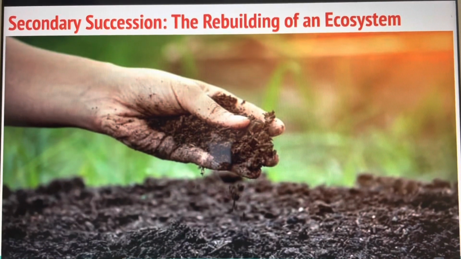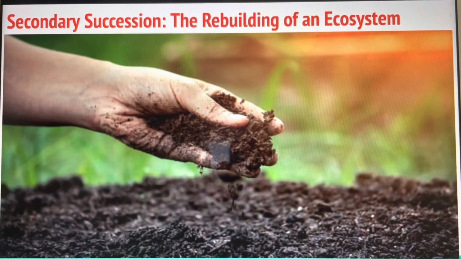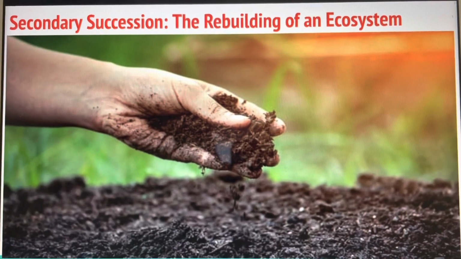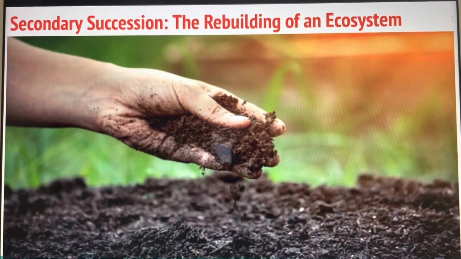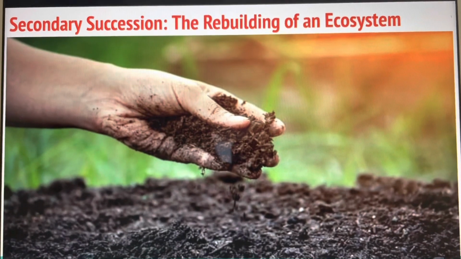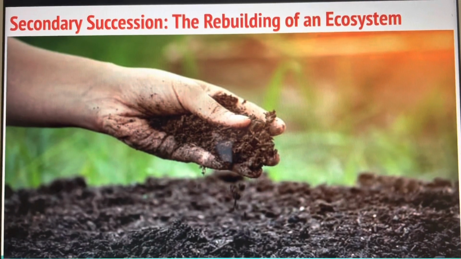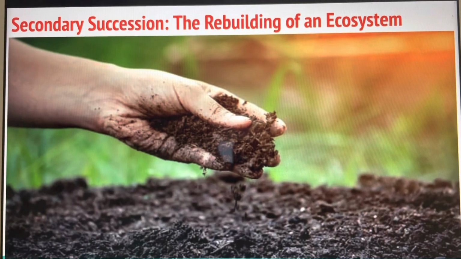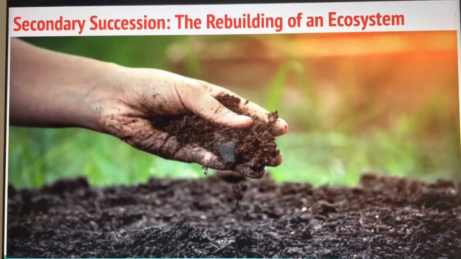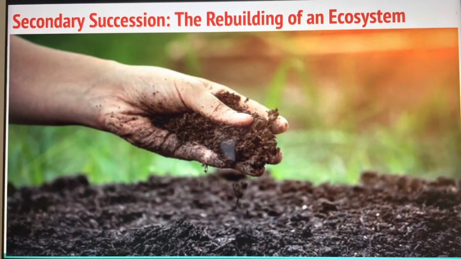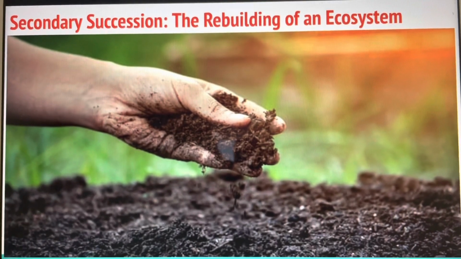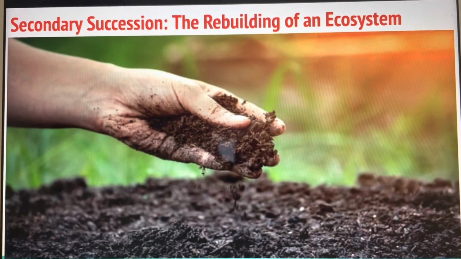Rebuilding an ecosystem. Cow feces can rebuild an ecosystem in various ways. It contains essential nutrients like nitrogen, phosphorus, and potassium that improve soil fertility and help plants grow. Cow feces also helps to bind soil particles together, prevent erosion, and improve water retention in the soil. It provides a habitat for organisms like insects, worms, and bacteria that can help break down and recycle the soil's nutrients. Cow feces also promote biodiversity by providing food and habitats for various animals. Therefore, cow feces can help restore the health and vitality of a damaged ecosystem by supporting the growth of vegetation